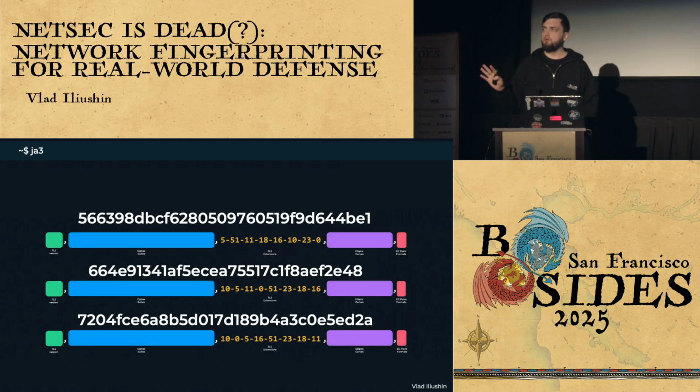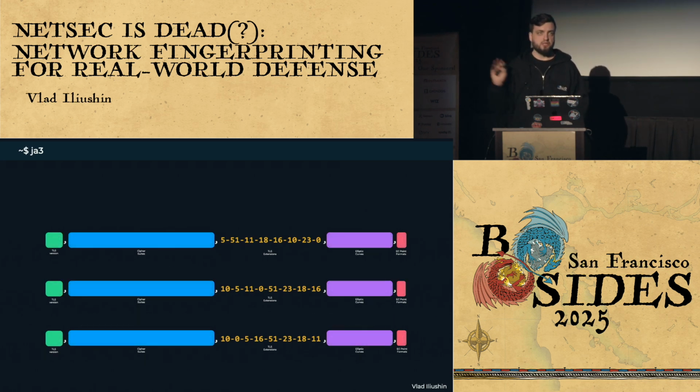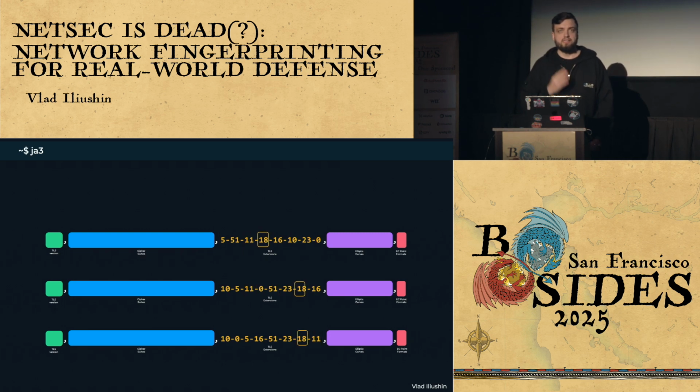So let's forget about them for a second, and let's also get rid of the raw hashes. Obviously, if you put different strings in MD5, you will get different values. What is happening here? As you can see, the TLS extensions are exactly the same. They have the same values, but they're ordered differently.